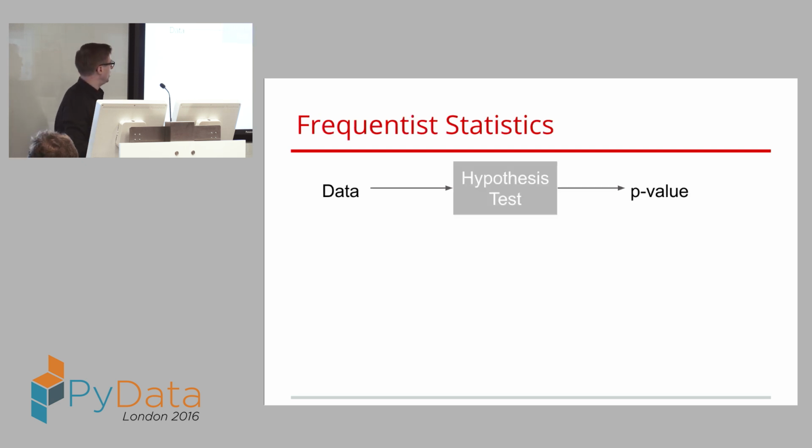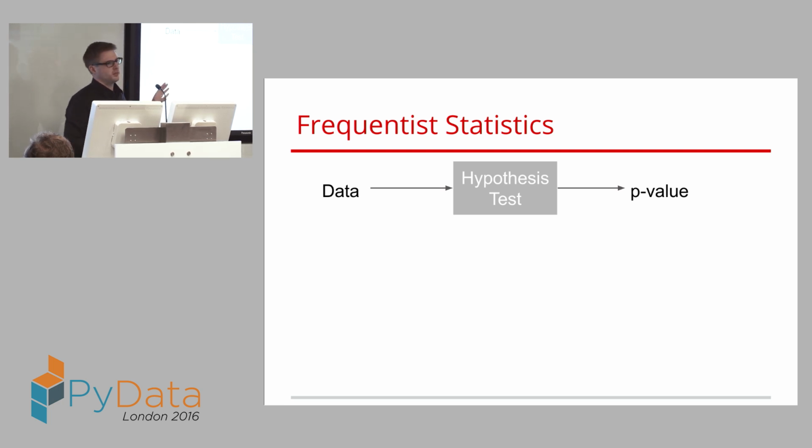Moving on to frequentist statistics, there you again have data, and we could run a hypothesis test, like a t-test, to say, are those two distributions different? And then we get a p-value, and that basically tells us if that is smaller than 0.05, then we say, OK, there's a significant difference. Still, I think there are a number of things wrong with that approach.